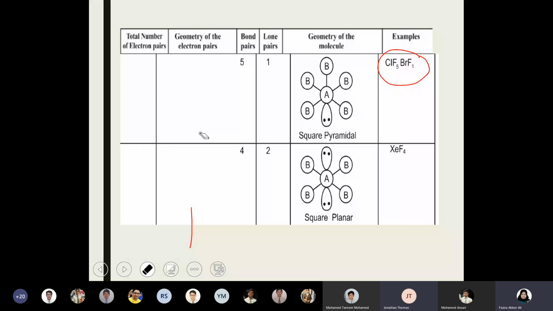So that means all bonds are identical. If you move the position of the lone pair from one to the next, it won't make much difference. But you can again apply some other basic justification in placing the lone pair. Ma'am, only for BrF5, right? Yeah, only one example. You can continue with the next example, but we will discuss.